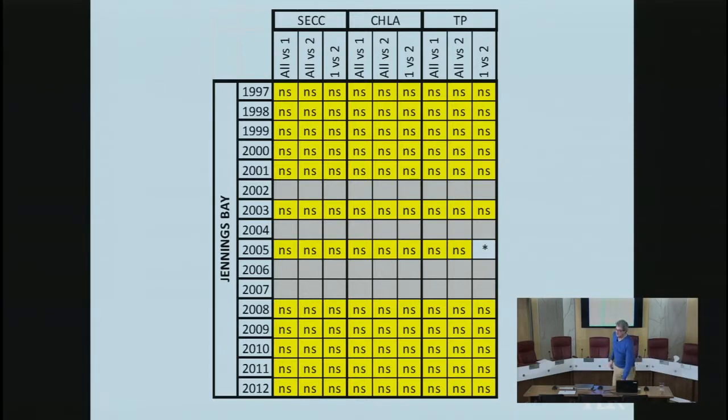What was the 1 star? The 1 star, that was in 2005 for total phosphorus. It just happened to be that if you sampled at the start of the month versus the end of the month, there was a difference. So, again,